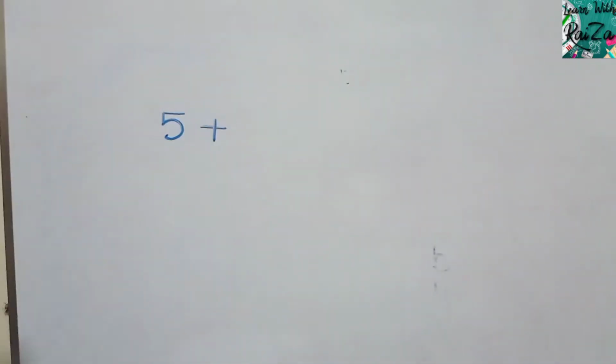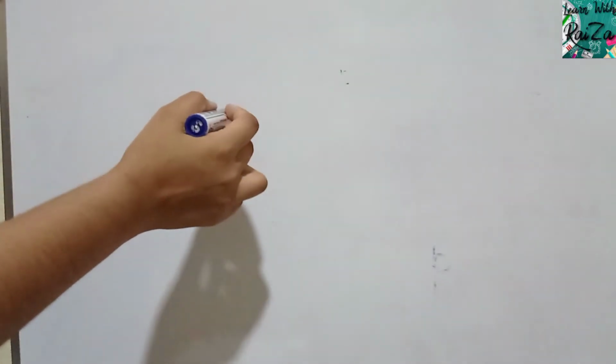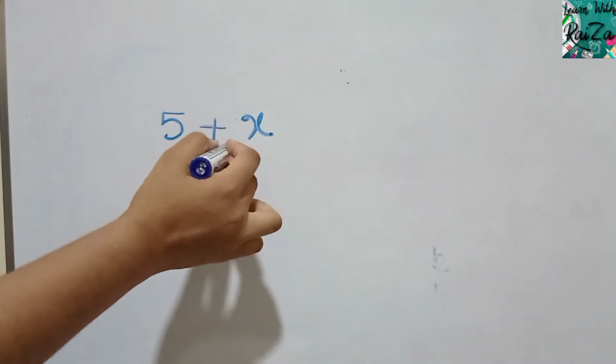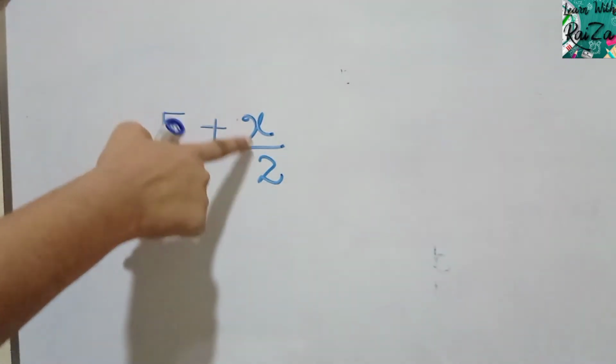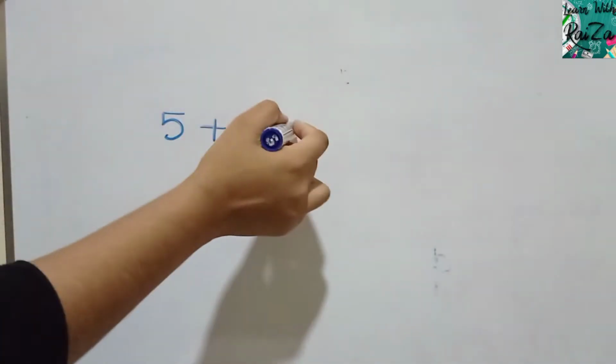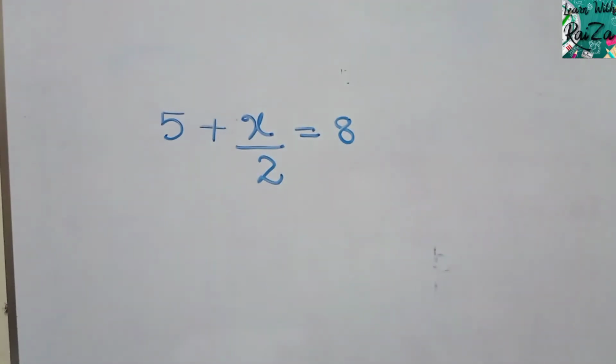Well students, now let's see how to construct equations. So far we were solving equations that were already constructed. Now let's see how to construct an equation when a statement is given. Right, just take this question into your mind. If I tell you number 5 is added to half of x, x I can directly write, but if I say half of x, that should be written like this, x by 2. The result will be 8. So this is the equation I formed.